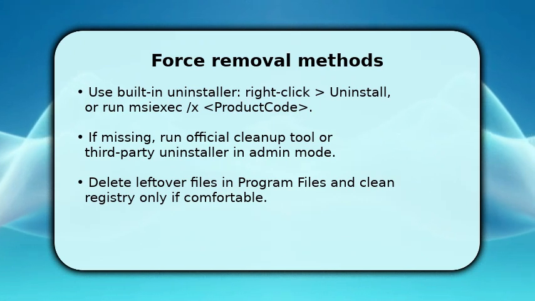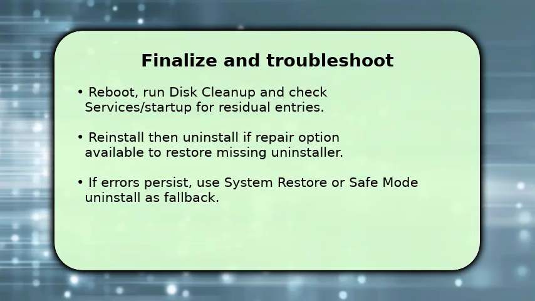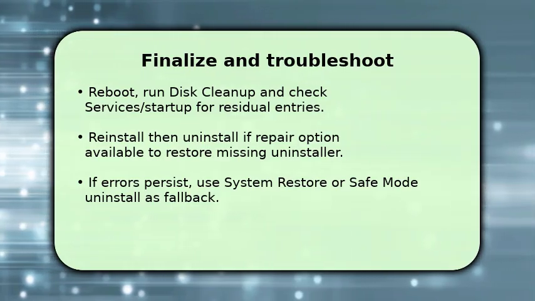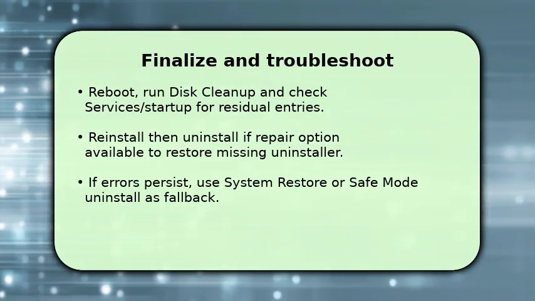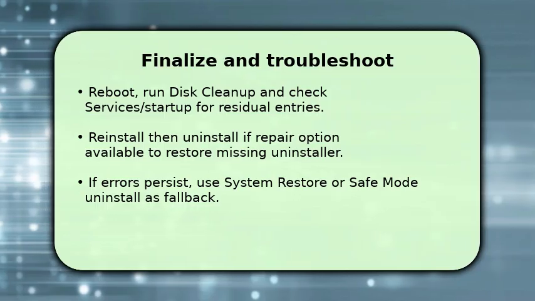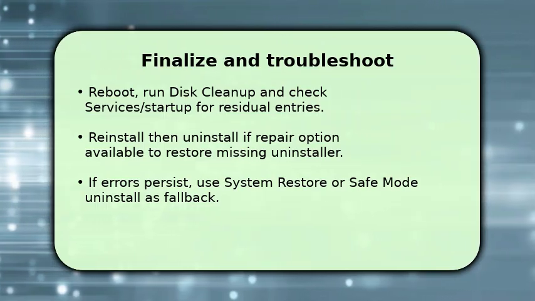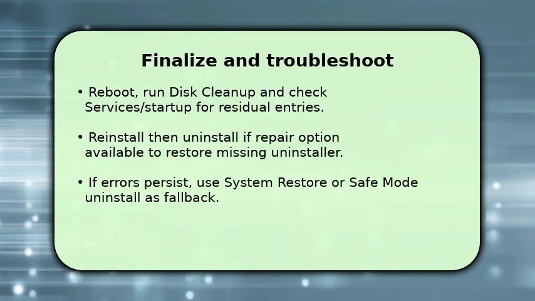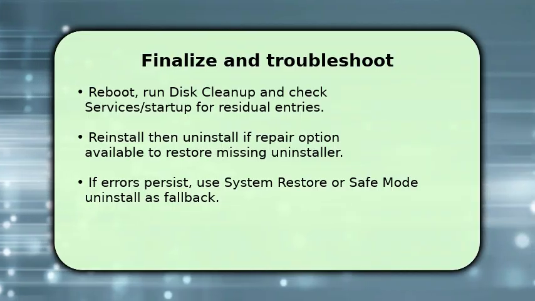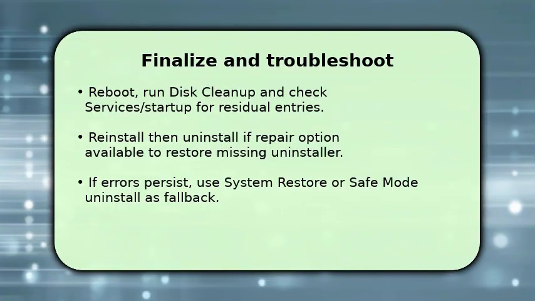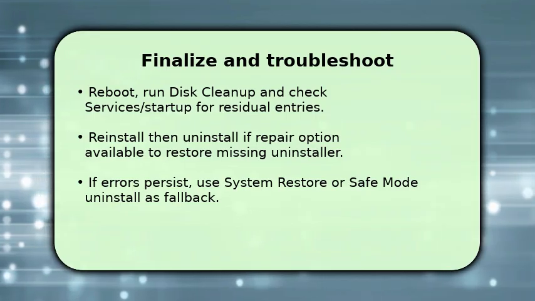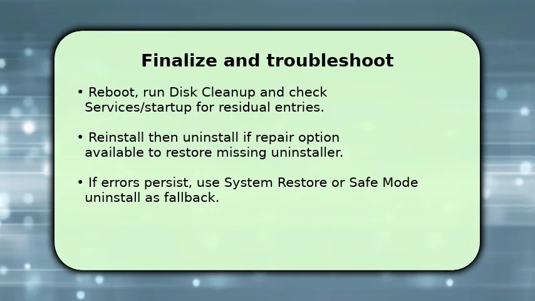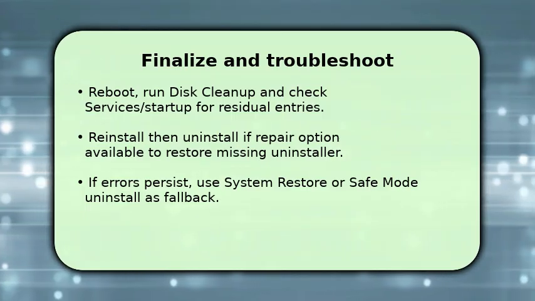You finish by rebooting to let the OS release any remaining locks, and then run disk cleanup to clear temp installers. Once done, check services and startup entries to remove residual components. If the uninstaller is irreparably missing, reinstall the same version and then use its uninstall routine. That can recreate the missing uninstaller. If problems persist, boot to safe mode for a manual uninstall or use System Restore to roll back to a point before installation. This is the key troubleshooting tip when